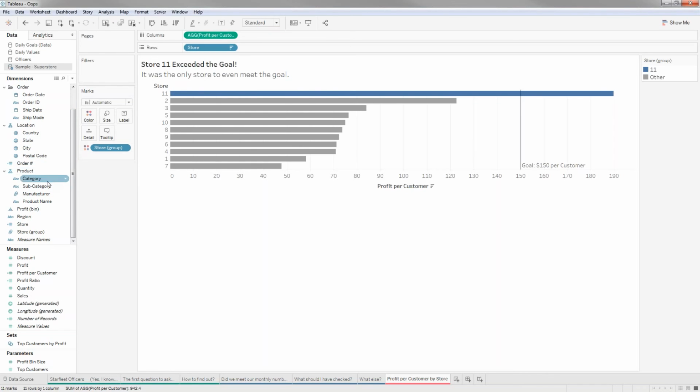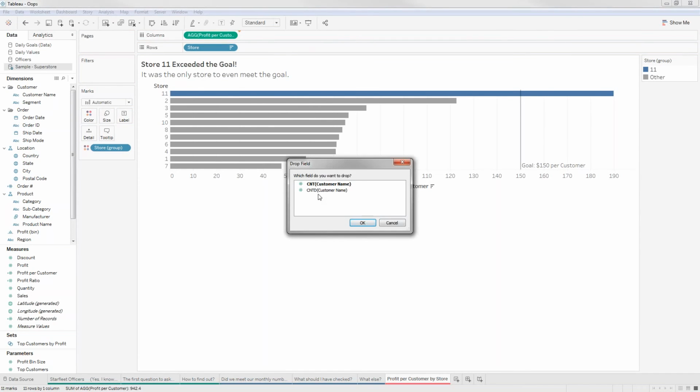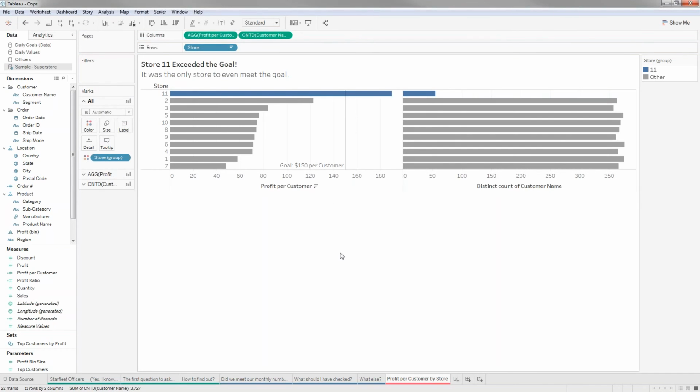And so if I look at customer, I'll take that customer name and I'll right-click and drag and drop it over here and do a count distinct on customer name. And now you understand why store 11 has such a great looking profit per customer. It's because they only have a few customers. Now, maybe that is the goal. Maybe 50 customers is acceptable, and the fact that they spent a lot of money is good. But in fact,